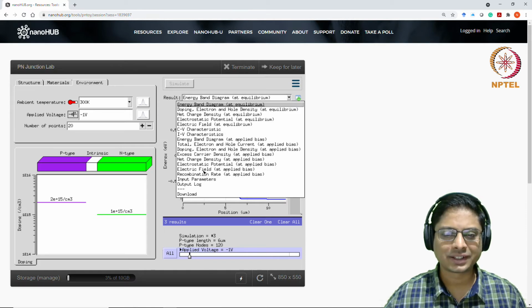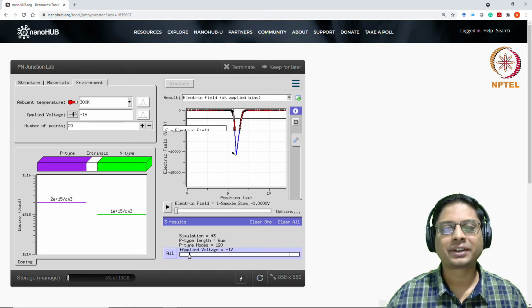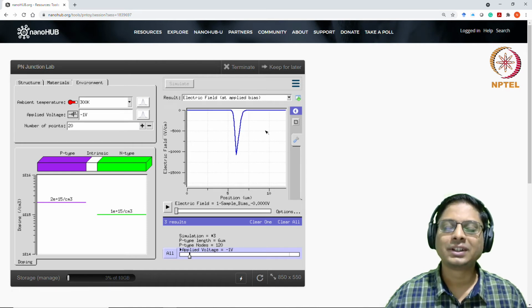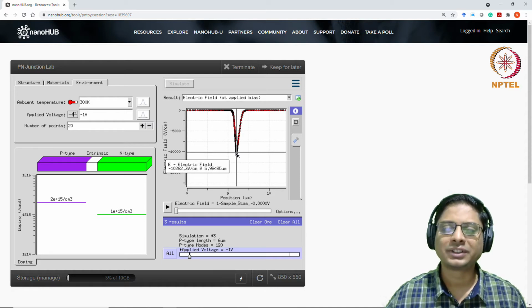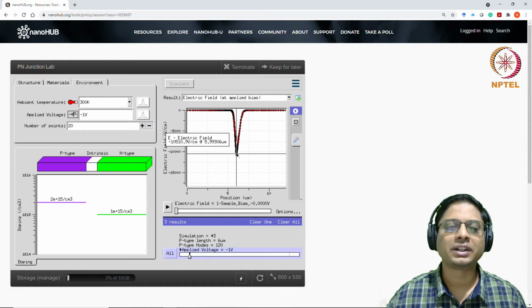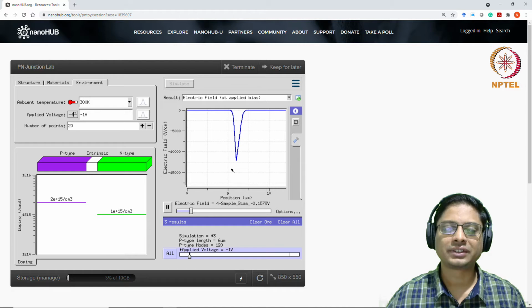Okay, so now let's look at the electric field. We saw the peak electric field was this profile at zero applied voltage. What happens as you increase the reverse bias? What happens to the peak electric field, right? I'll put one of these in the questions in the assignment. Let's say the peak electric field was roughly about 1 times 10 to the power 4. But as you apply voltage, you will see that the electric field increases. If I apply a voltage of, let's say, -1 volts, it might actually become something close to 1.5. So there is an increase in the electric field as you apply more and more negative bias.